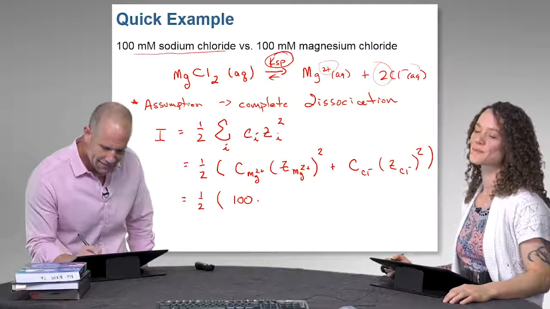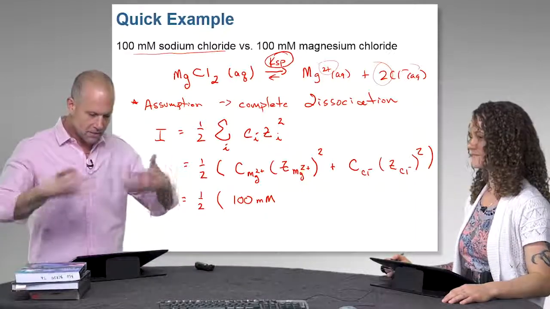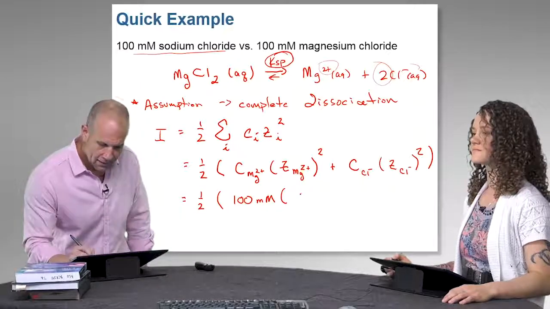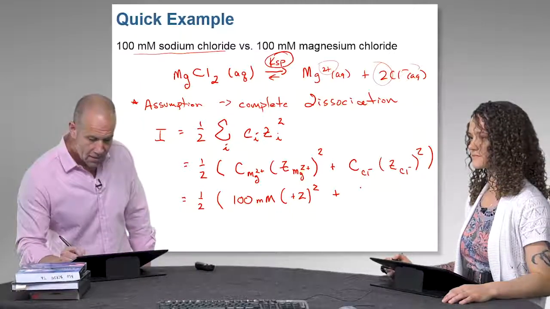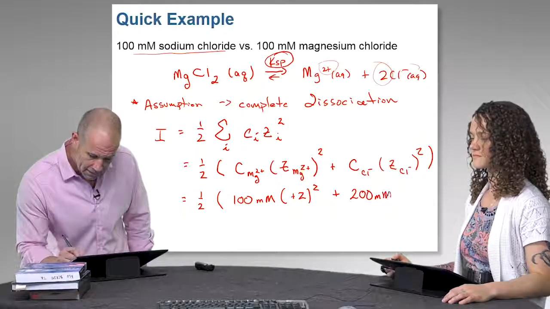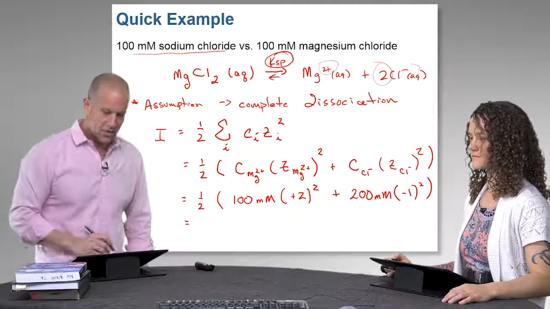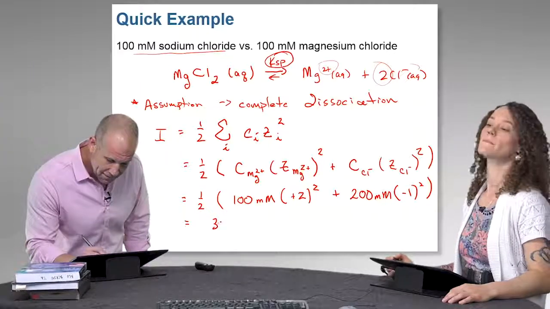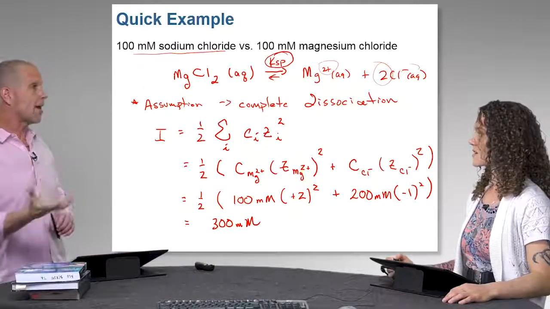So this concentration is still going to be the same as the concentration dissolved in aqueous solution. But unlike that, this is going to be plus 2 squared, and then there's double the chlorine concentration, so we'll have 200 millimolar here, and then minus 1 squared. Overall, we're going to have 300